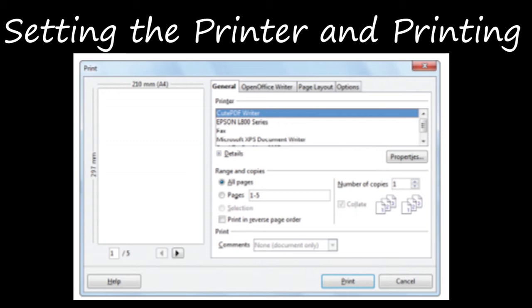So you can just click the arrow on the right side of that name, so that the list of printers will be displayed there. You can just select the required printer on which you have to print, right? And then under the range and copy section, you can select the all pages option if you want to print all, or if you want to print only one page, you can just select that particular page from the pages option, right? And then you have to specify the number of copies which you need.